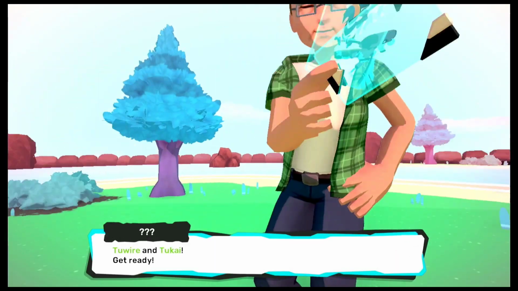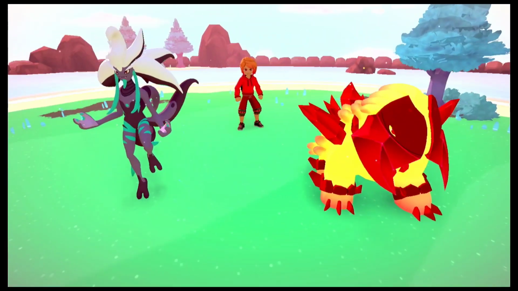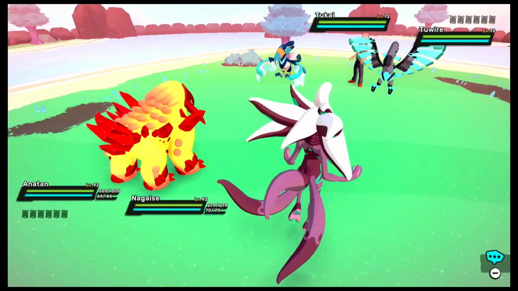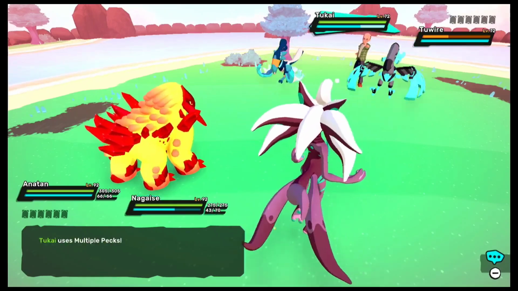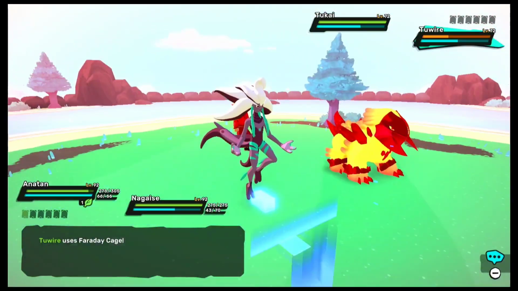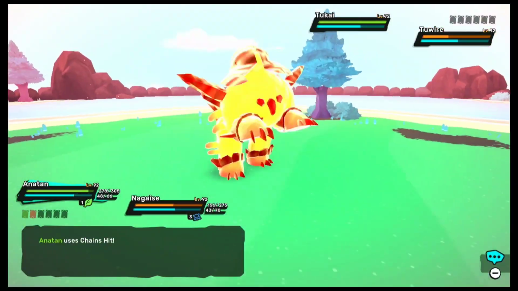But of course, he's pretty angry and does actually challenge us initially. To be honest, he really didn't give me a chance to introduce myself, which I think was the main reason why I'm struggling here. But of course, he also has the same team that the pirate captain actually had, so we should be able to defeat him